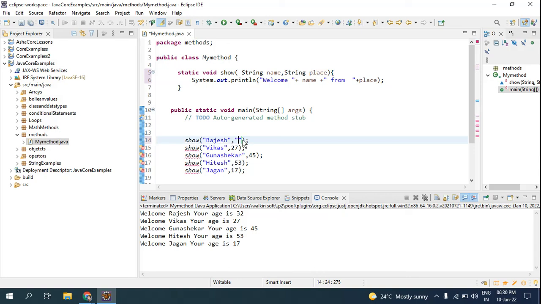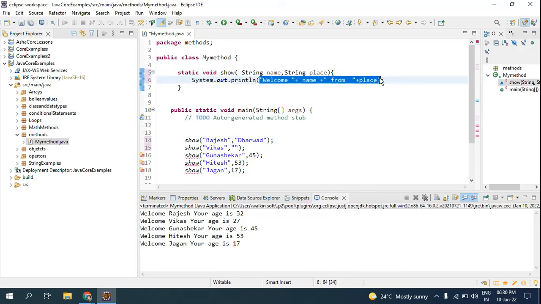So Rajesh from Dharwad. Look, I'm not writing any for here, I'm just using the comma and giving two values; the first value is for name, the second value is for place. So while invoking it, these are the two things. When I call the function, it gets executed and gives me this.